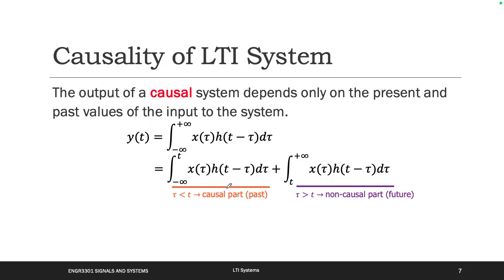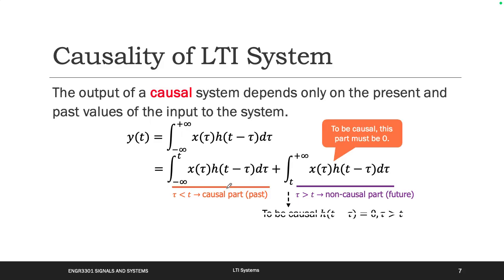So if you want this LTI system to be causal, this part must be 0. That makes sense to you? If this part is 0, then this LTI system will be causal. That makes sense to you? Okay. Then